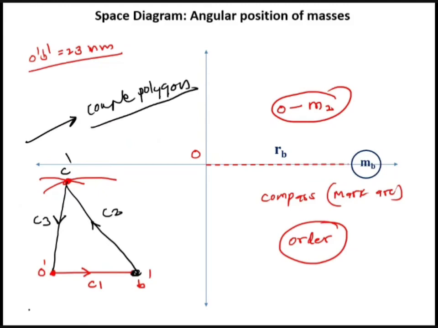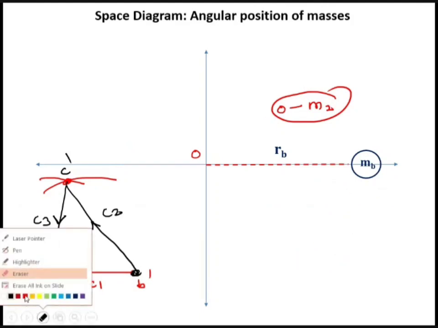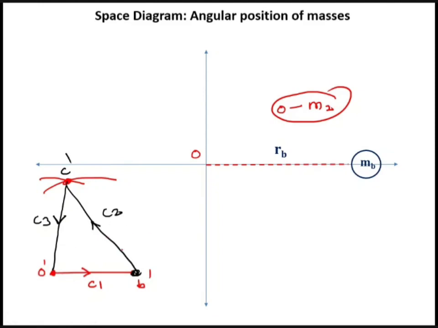Okay. Now once you have completed the couple polygon, what can you do? You can easily locate the angles. So how will you locate the angles now? Okay, so let us locate the angle. Now first, this B'C' indicates what? C2. What is C2? C2 indicates the mass MB. So what is the angle of mass MB? Sorry, this indicates the mass MC. So the angle of mass MC is θC. Okay, and this C3 indicates the mass MD, and the angle of mass MD is, let us say, θD.